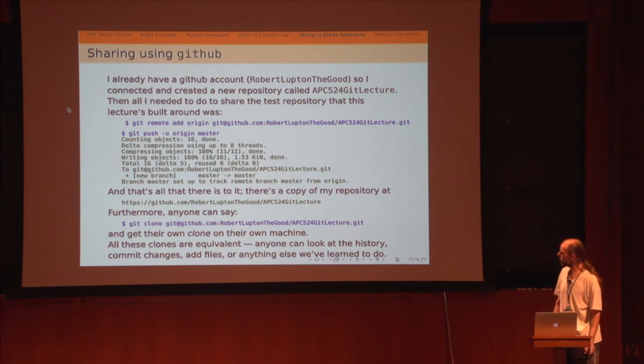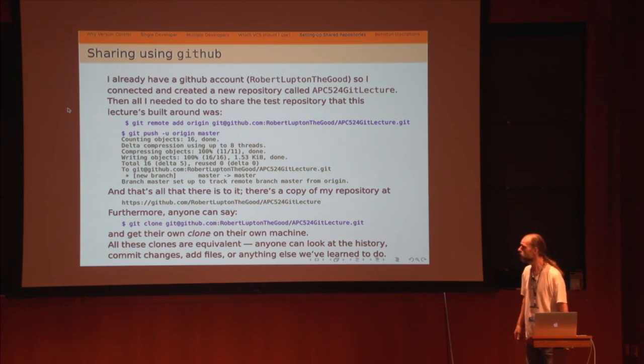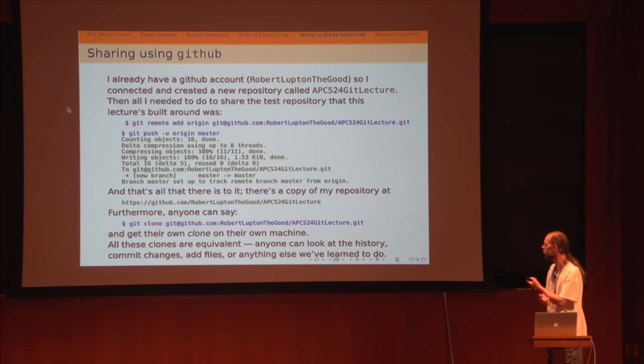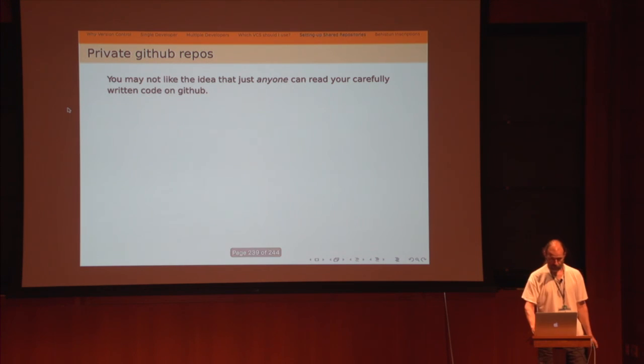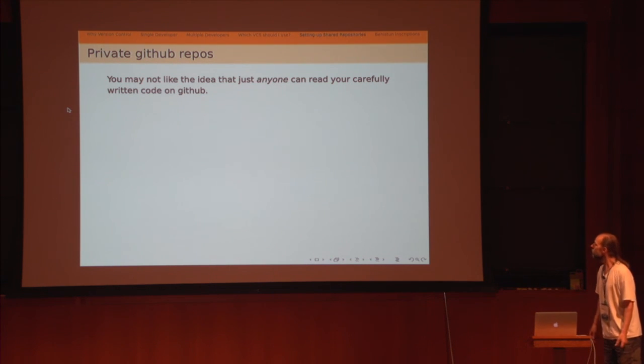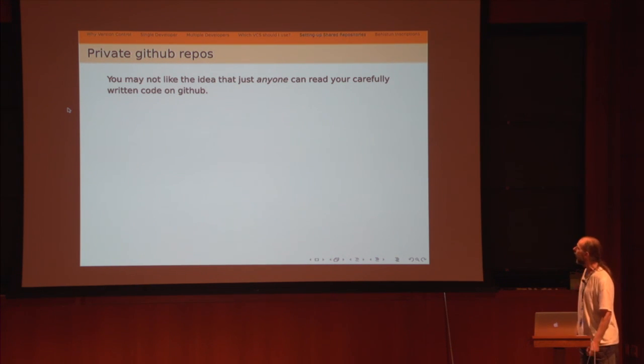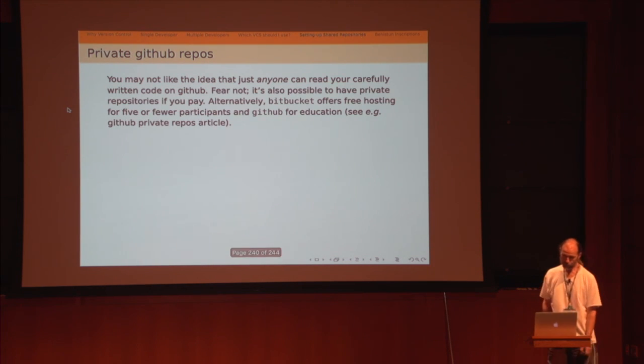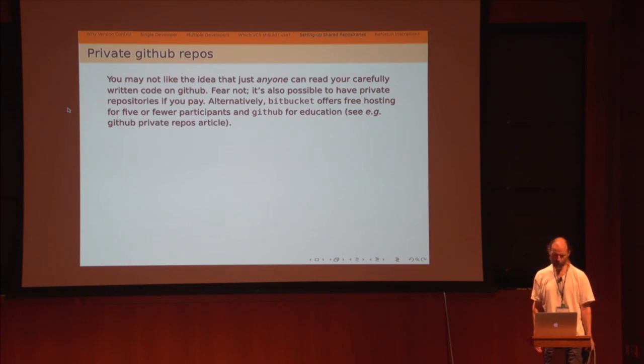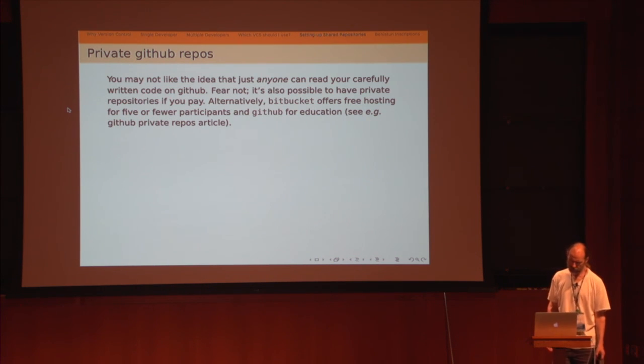Sometimes it's interesting to find out why people did things, or if you want to make changes and you want to know what happened. So I personally am no longer embarrassed that you can find all sorts of horrible things that I've done in my past out on GitHub. Some people don't like it. There are ways to get around that. I'm not going to teach you how to do that. But of course, if you're a coward, you can have a private repo. They just cost a bit of money. If you're education, you can get them for free.